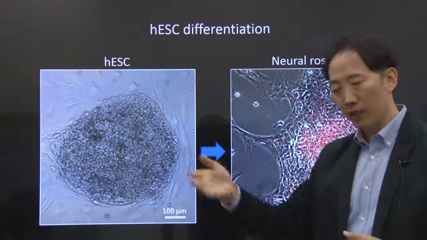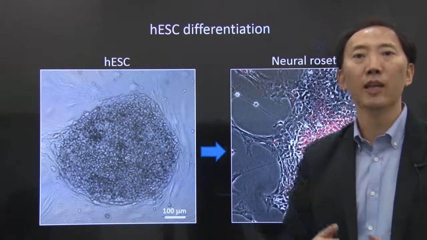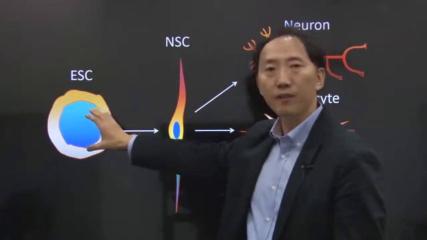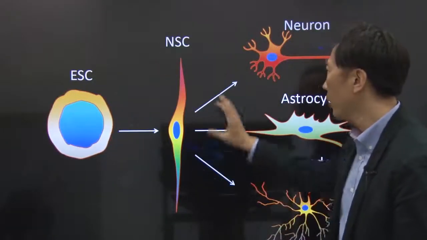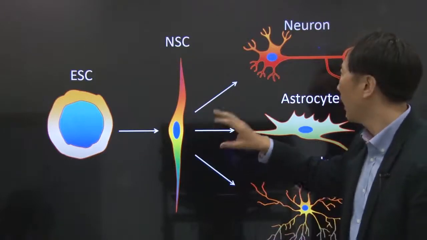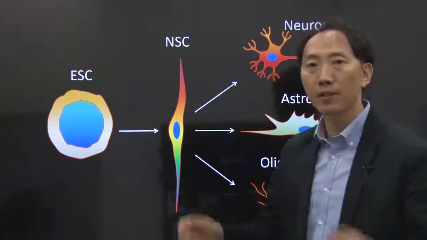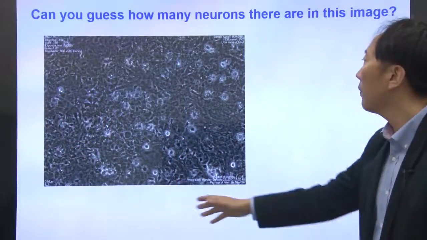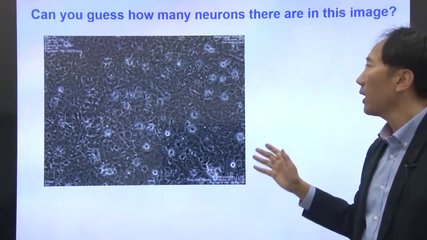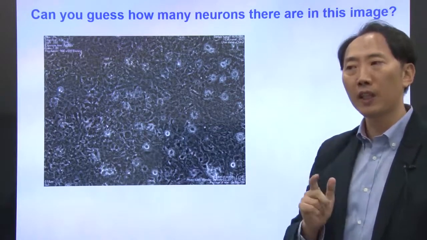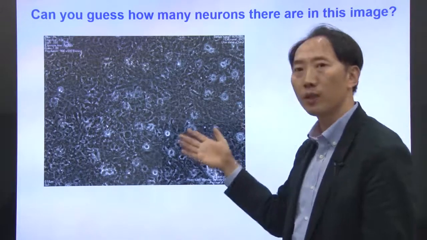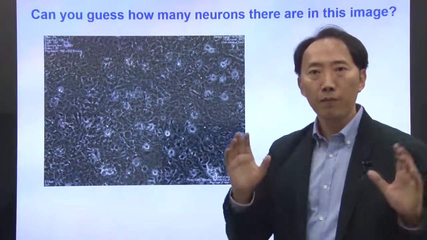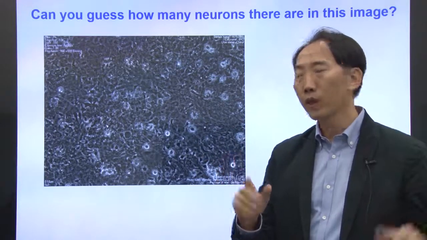Sometime later, if your brain is damaged by accident or disease, this could be useful. Now let's say stem cells differentiate into different tissue stem cells. One of them is a neuronal stem cell, and then the neuronal stem cell makes several different types of cells in the brain. If you take out those brains and culture them, there are many different kinds of cells in there. But without the proper probes, it's very difficult to say which one is a neuronal cell or a different type of cell, and also which one is a dead cell. If you have probes with colors specific to one type of cell, it may be very helpful.